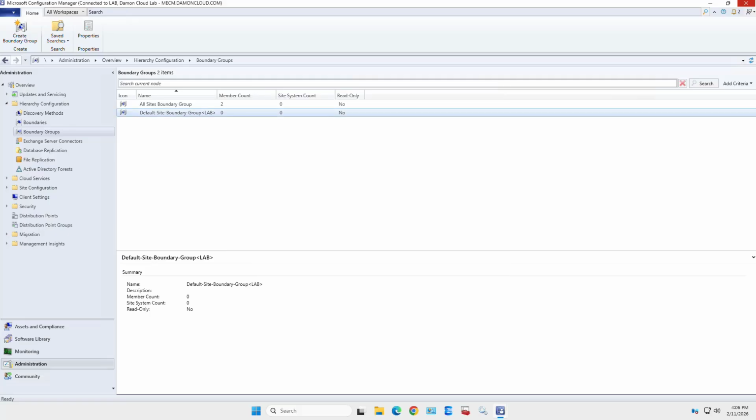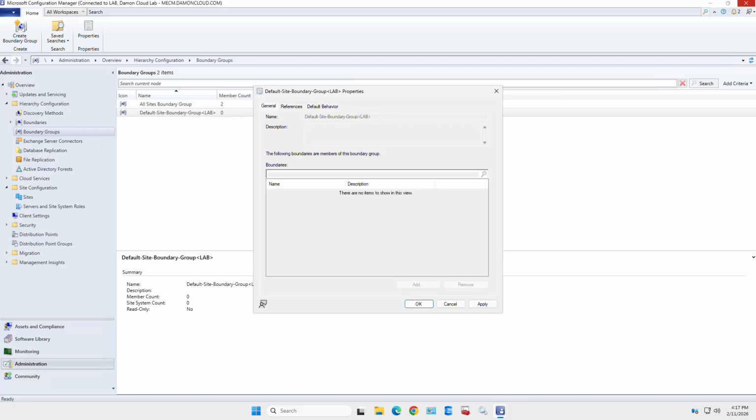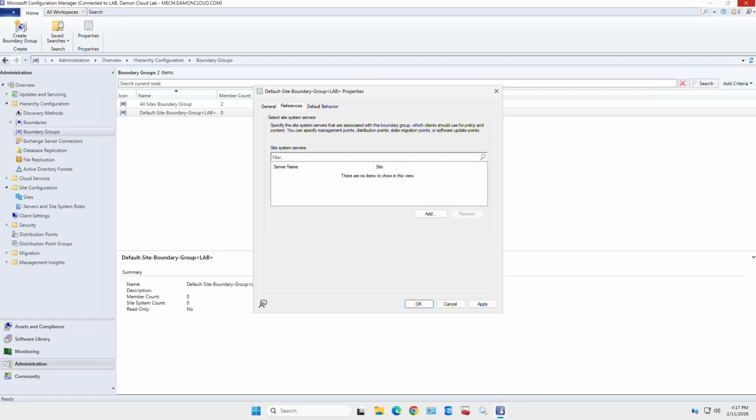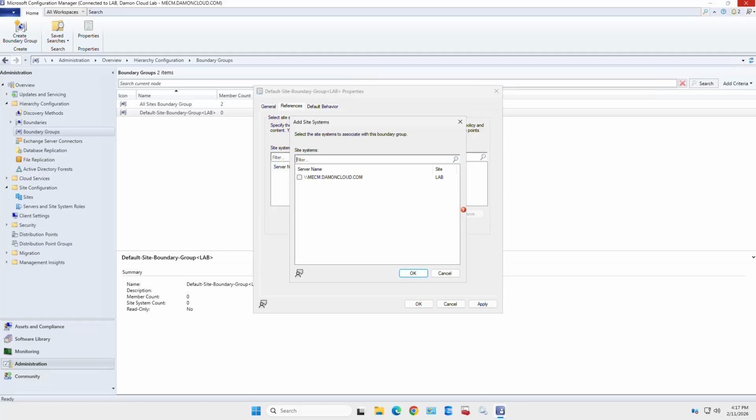Smaller environments. You can only add distribution points to other boundary groups. So up here in the other roles, you can't change. So you have to go to the boundary groups. It's been a while. And add the complete site system with all of its roles, like we were talking about earlier,